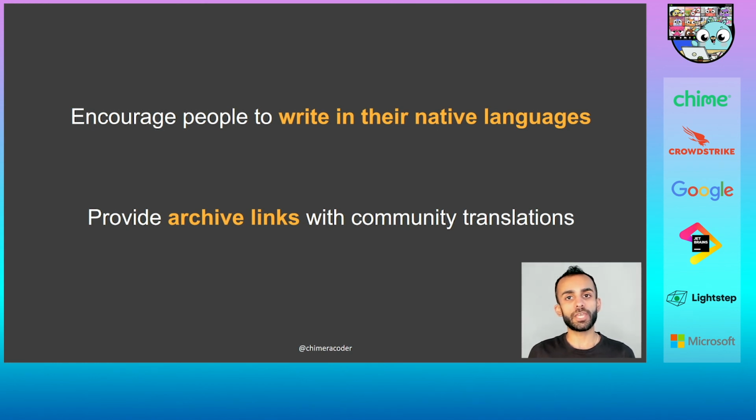A lot of key project communication happens over mailing lists, and it's hard for developers to be truly first-class citizens in open source development if they can't participate in conversations around project direction or technical discussions. As we saw earlier, even non-native speakers don't always feel as welcome as participants in developer mailing lists, even if they do speak the language to a degree. So encourage people to participate in mailing lists by writing in the language that they feel most comfortable expressing their thoughts in. Just as with documentation and errors, there's a good chance that there are already others in your language community who could be willing to help bridge that gap and summarize or translate for them.